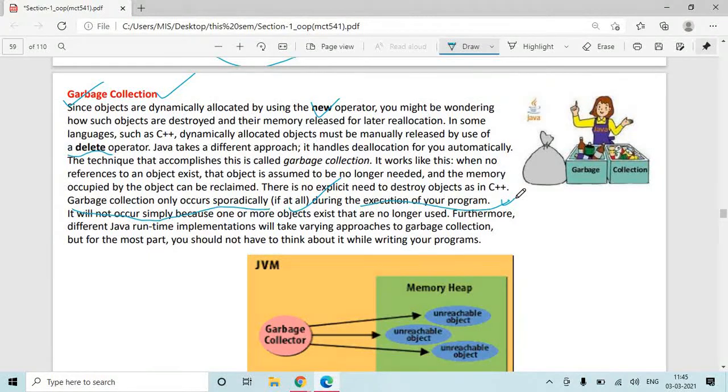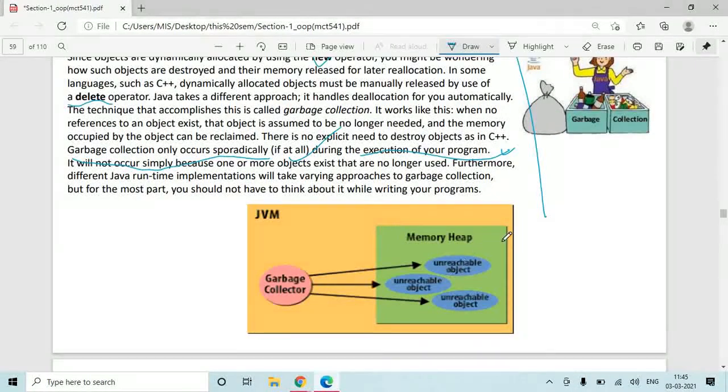Okay, this is the logic of garbage collection. Whenever we create an object using the new keyword, we allocate memory in the heap area. And there is a garbage collector module.